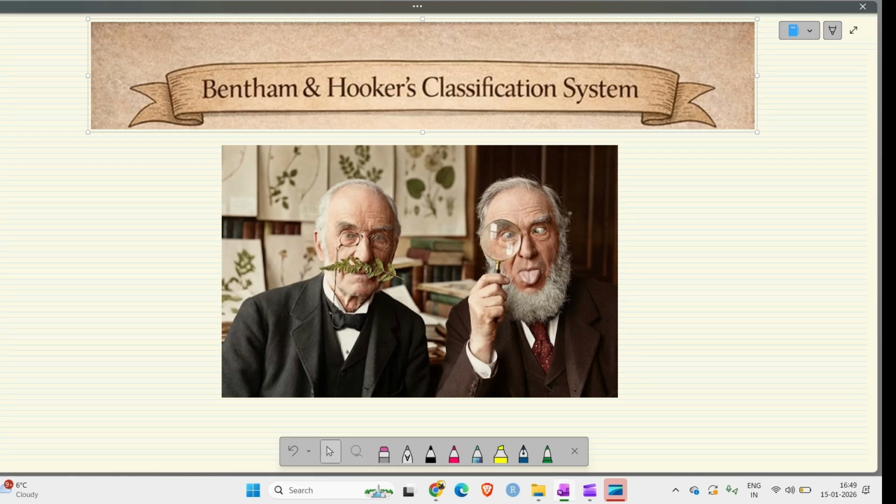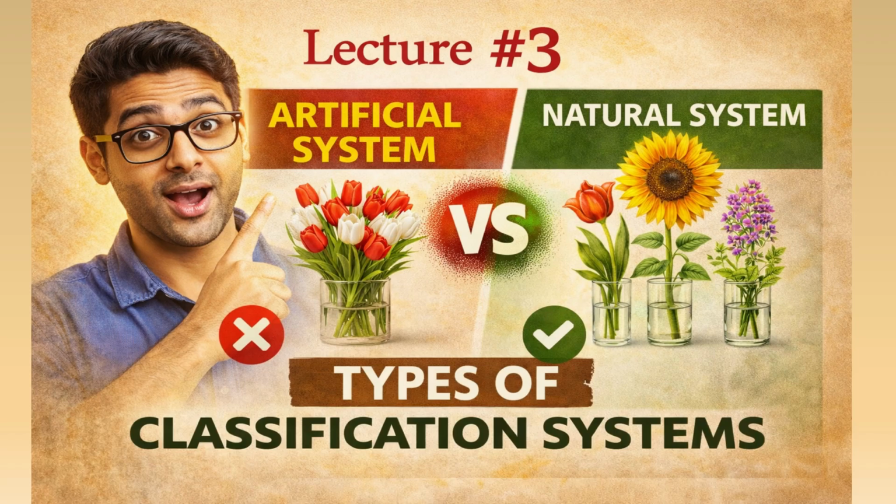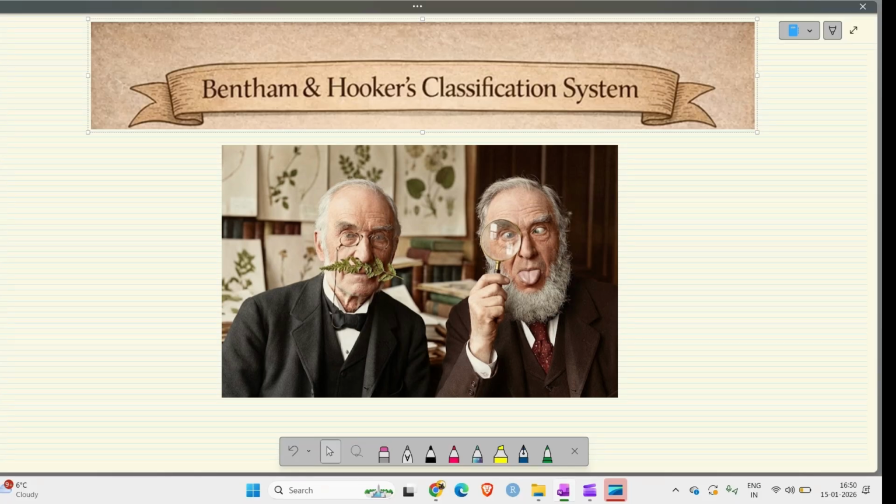Okay, so welcome back, guys, to another video of the series. In this video, we'll be talking about Bentham and Hooker's classification system, which is a natural classification system. In the previous video, we talked about the differences between natural and artificial classification systems, and we discussed in detail Linnaeus's artificial classification system, which is also referred to as the sexual classification system. So in this video, we will be delving into the details of Bentham and Hooker's classification system, which is the